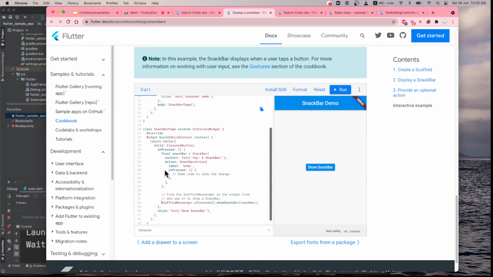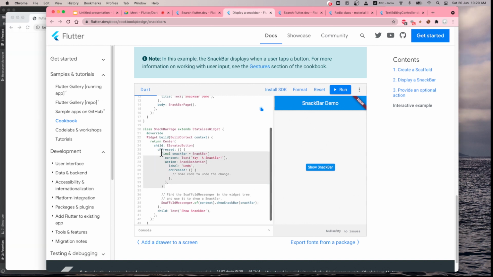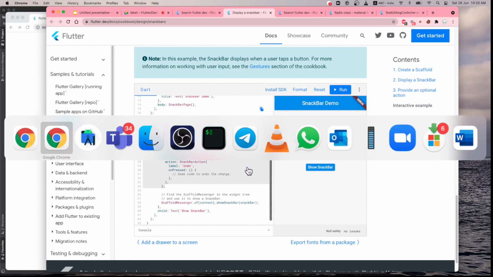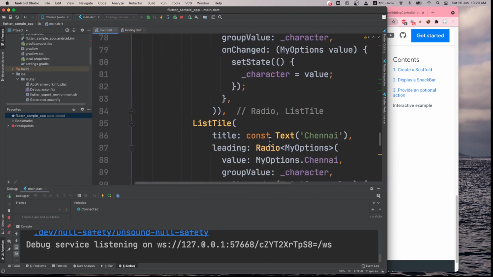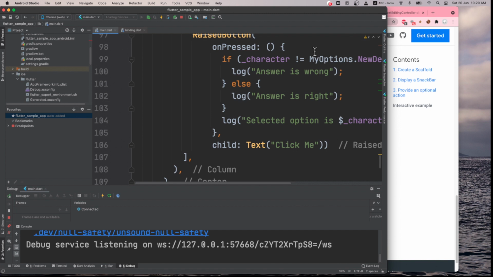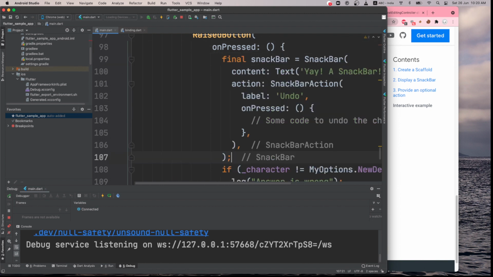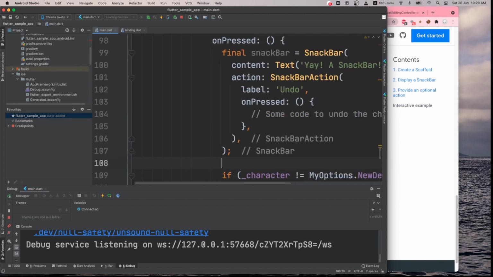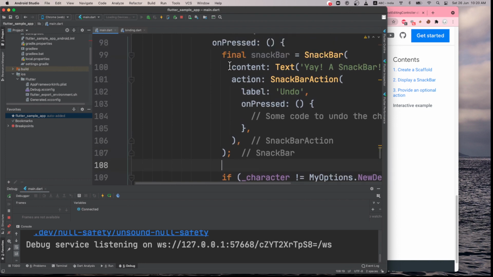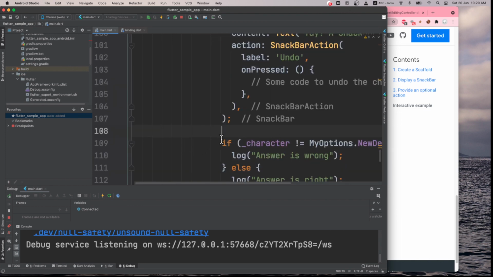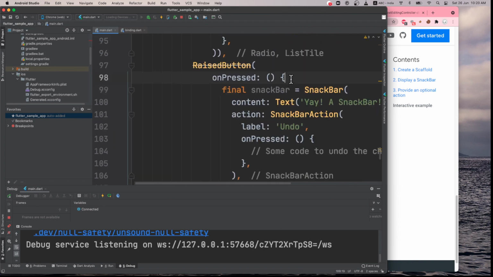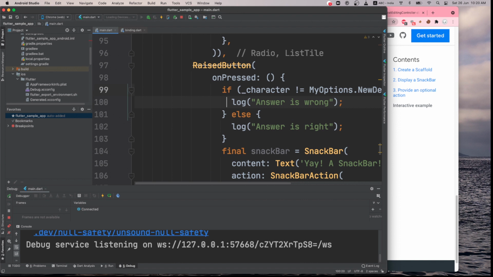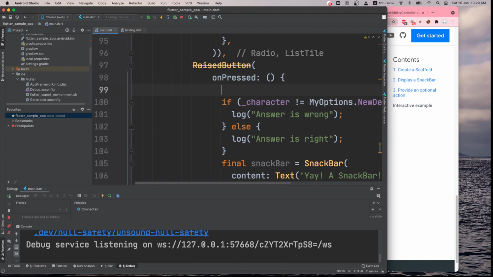Yeah, here it is, they have defined the snack bar like this. So we might need to do this in our on click button. We go on to on press, we define our own snack bar, and we can define actually downside of this, and I will put this on the top here and have a variable where